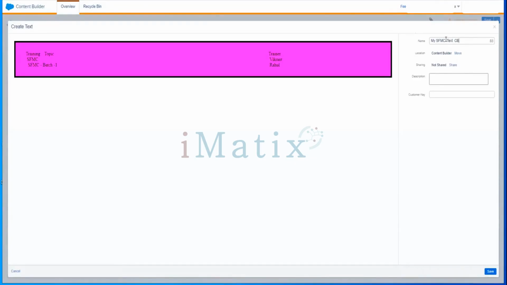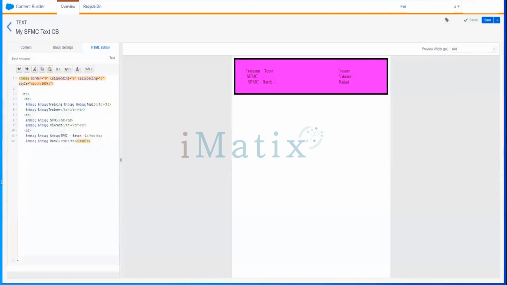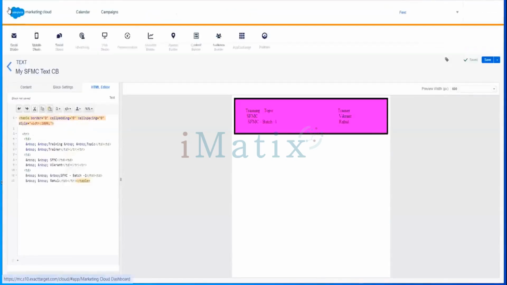Give the name content block CV and just click on Save. If you are creating a library, anytime you can use it. Now, if we go to Content Builder,